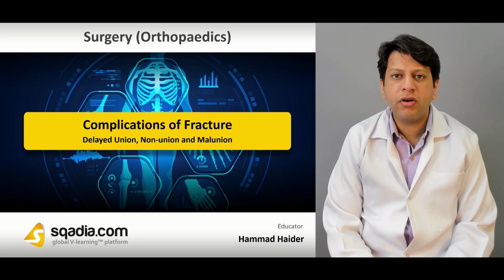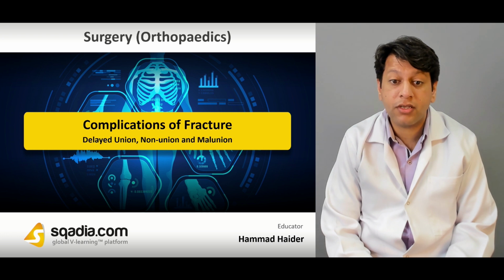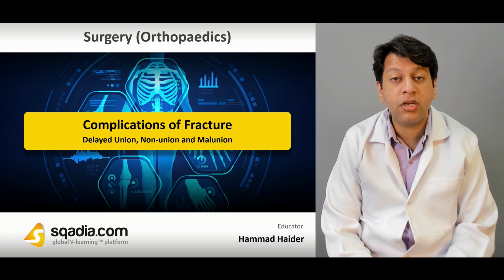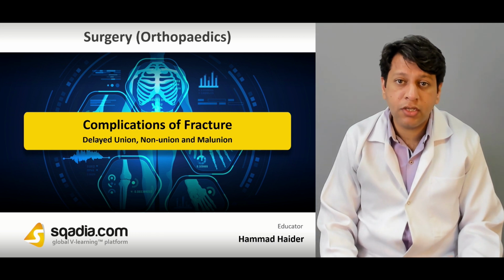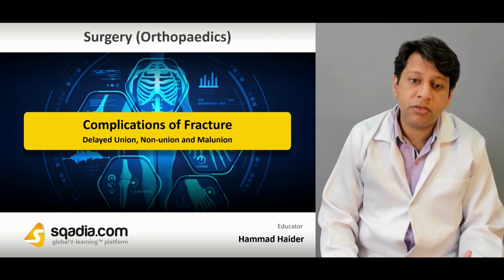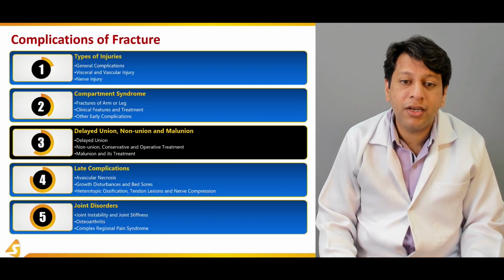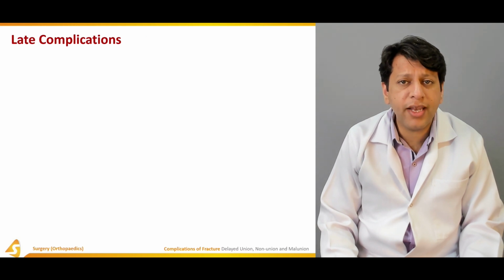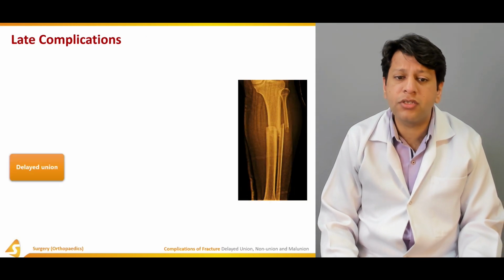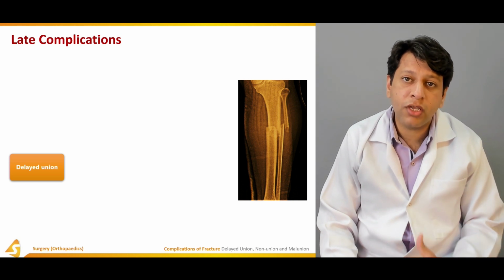Now, moving on to our third section, what may also be associated with fracture is a delayed union, non-union, or malunion. Usually fractures are fixed surgically, but this fracture fixation may lead to all these kinds of problems, such as delayed union, non-union, and malunion. So what are the late complications? Late complications include delayed union, that is, if we have fixed a fracture but it's not healing as it should be